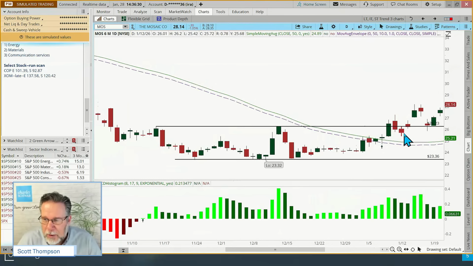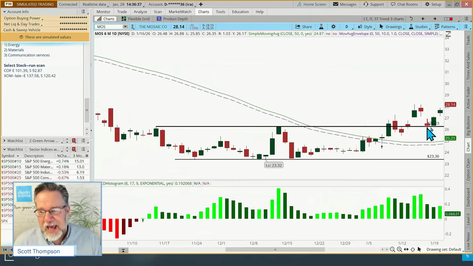It fell back below when it made another short-term higher high here on the 15th, then came back. And right there, that type of candle where it has a small body and long shadows on top and bottom, that's called a spinning top. And that could be a signal that, hey, that support may hold. We got a really nice bounce the next day. That's that hold. Close above the high of the low day.